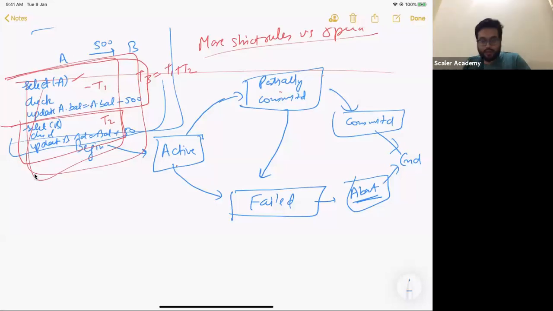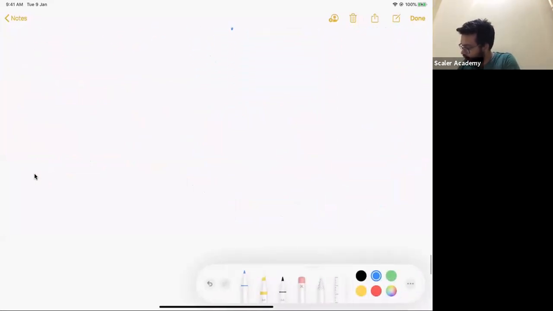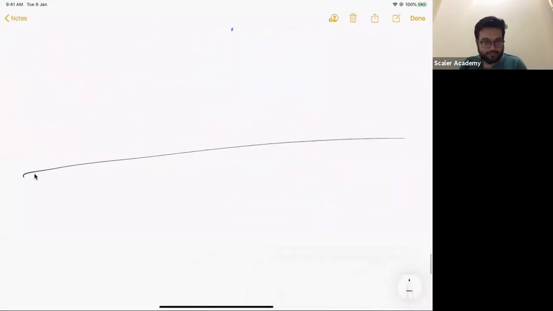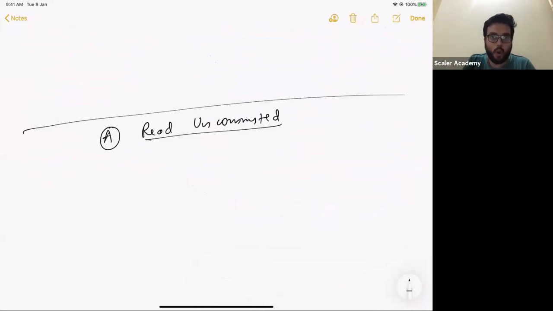Cool. Let's now move ahead to the first isolation level. The first isolation level that we wanted to discuss was read uncommitted. Not an issue, not an issue, Lokesh. Did you manage to clear the interview? Makes sense, Sukanya? But it's very, very important that you know all these concepts together because these are very, very important. Okay, cool. Now let's come to read uncommitted.